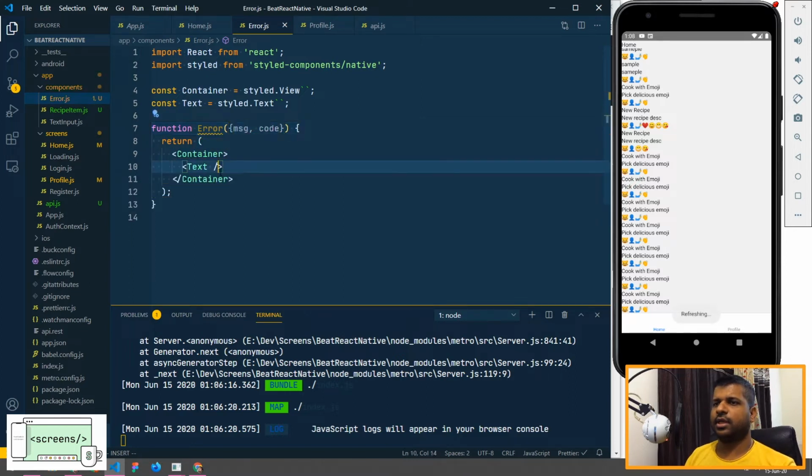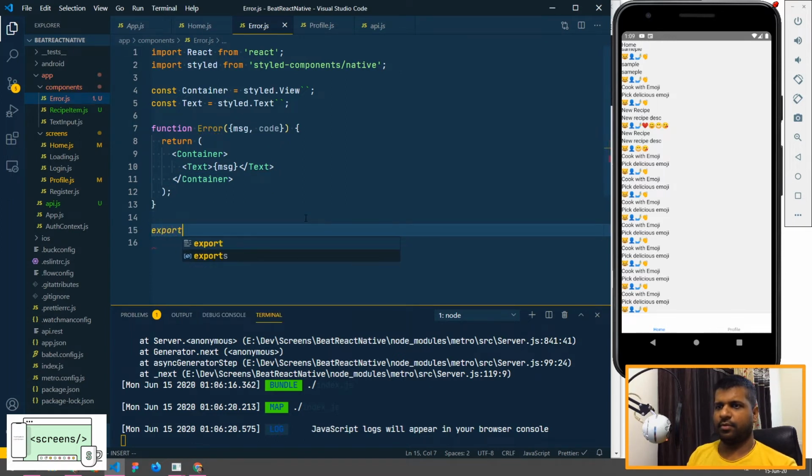Okay, so let's assume that the error is in the format message and code. Okay, so we need to export error now.